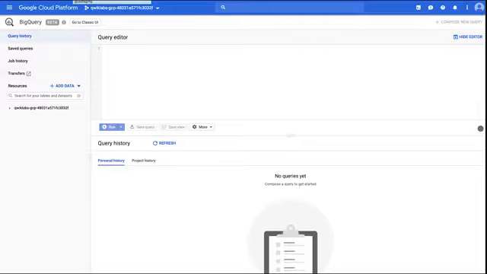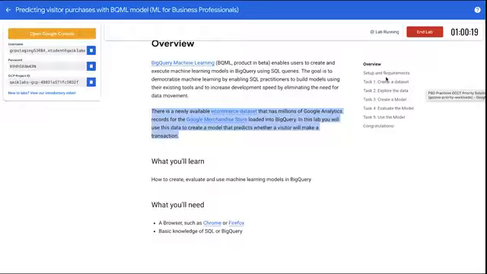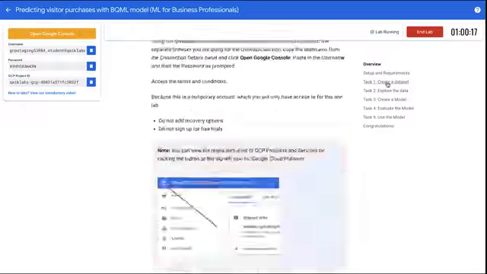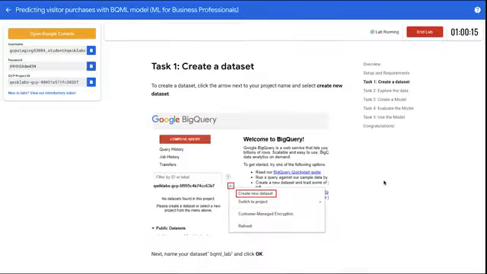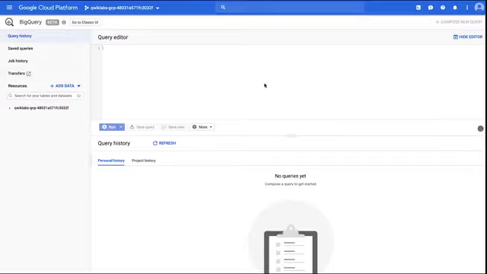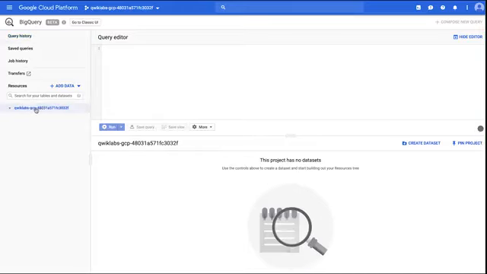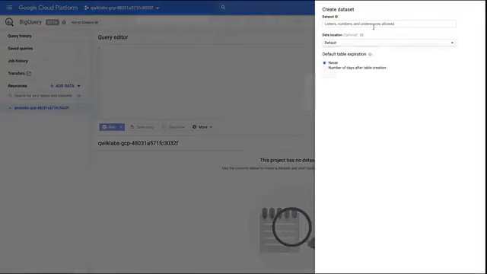And the first thing I want to do is to run this query. So in the lab, you'll just follow the steps here. First thing I want to do is to create a new data set. Let's go ahead and do that. If I click on this project, this is my new GCP project that the Quick Lab created for me. If you click on this new project, use this option to create a new data set.